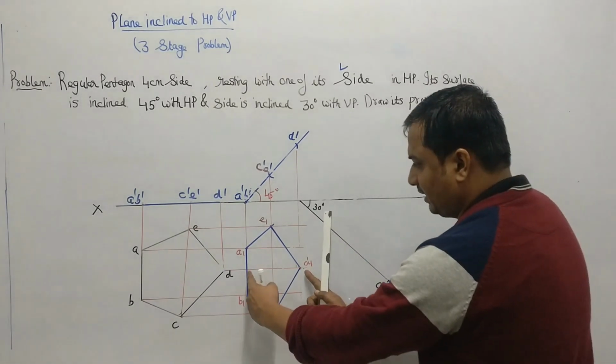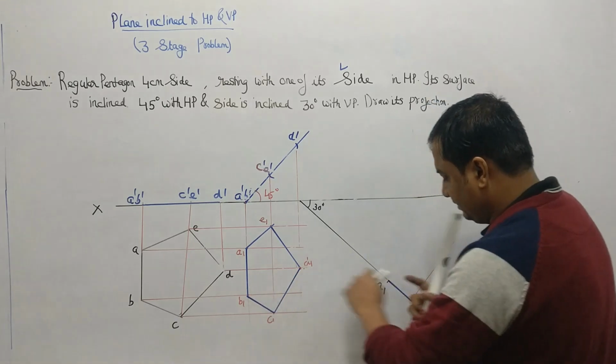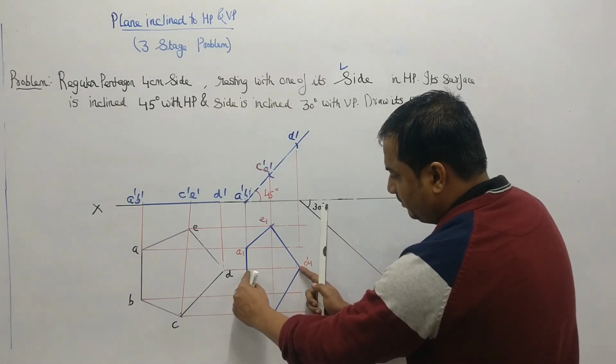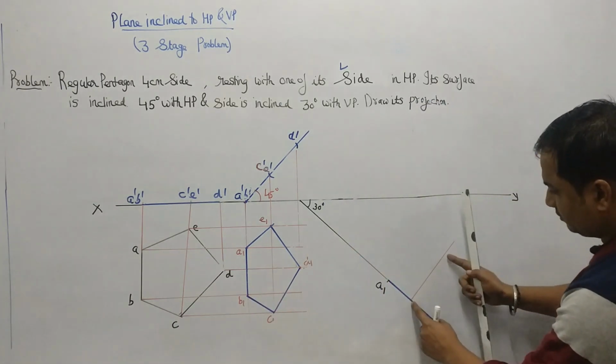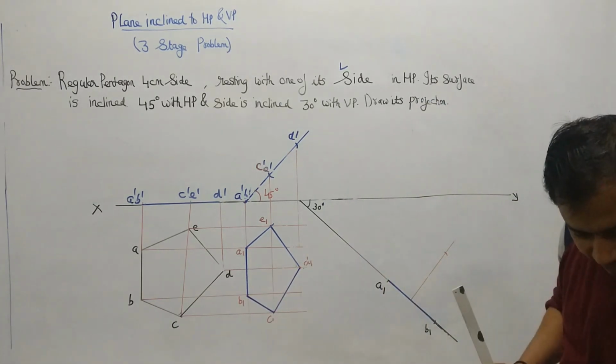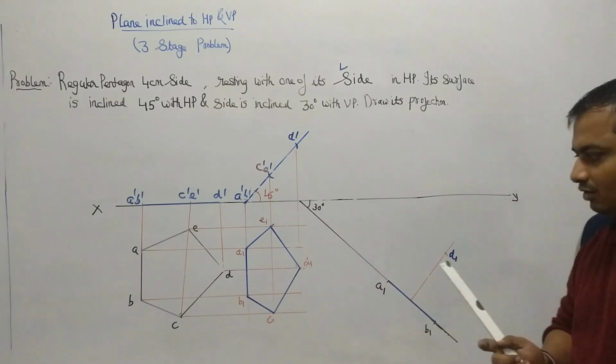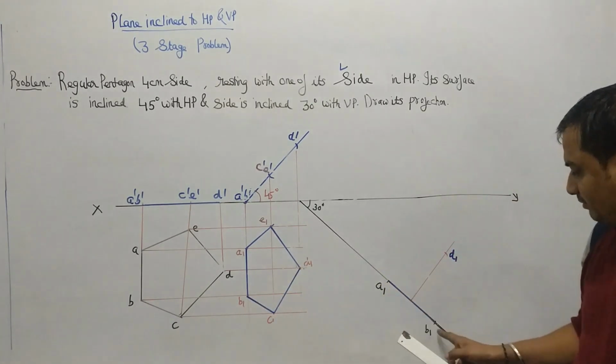Now I can measure this part. So I have drawn this line here. I will measure this D1 and the center point of A1, B1 from the compass. And I am putting a compass and I will be cutting here. So where it will be cutting, that point I will be obtaining is D1. So I have got A1, B1 and D1.